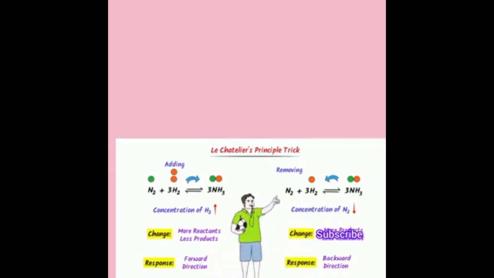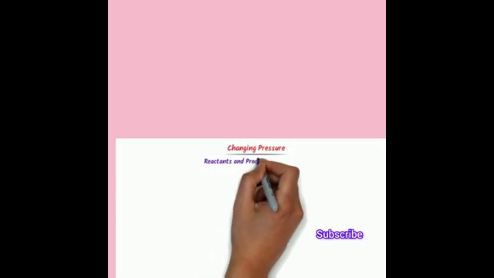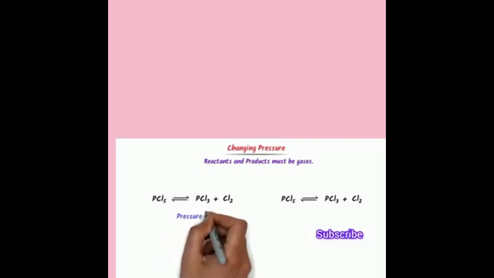Thus, using this trick, we can easily calculate the equilibrium shift if concentration is changed. Now let me teach you the effect of changing pressure on chemical equilibrium. Here, remember that changing pressure only affects reversible reactions if reactants and products are in gaseous state. Now consider these reactions. What will happen if we increase the pressure in this case and decrease the pressure in